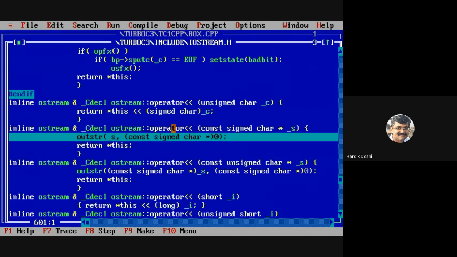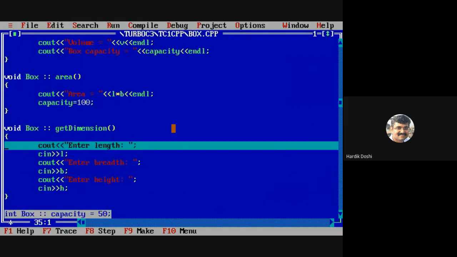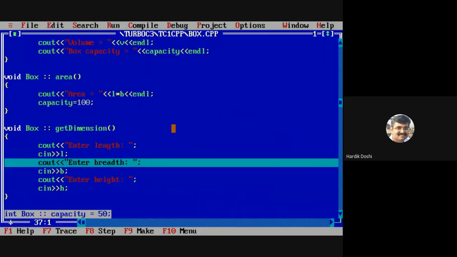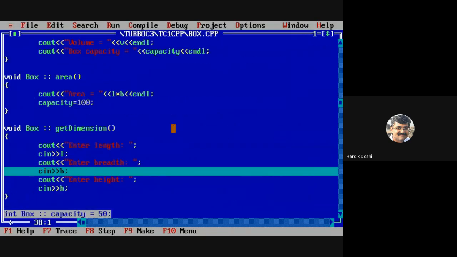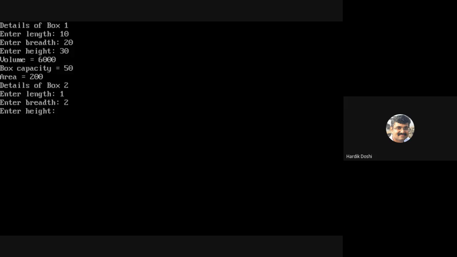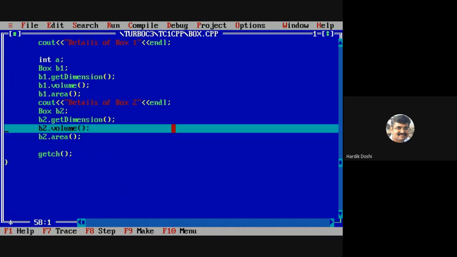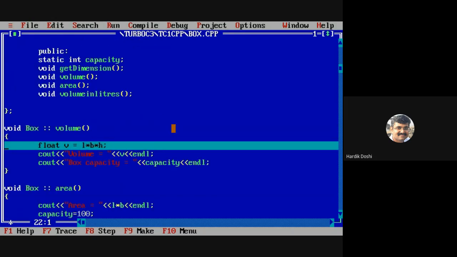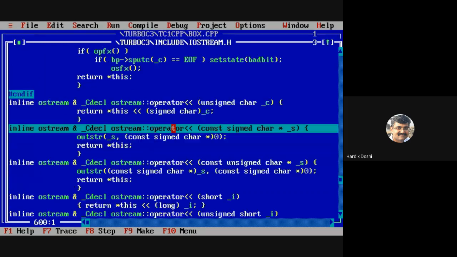Now we are going for box B2, getting the dimensions for B2: 1, 2, and 3. Now volume is calculated, volume will be printed.